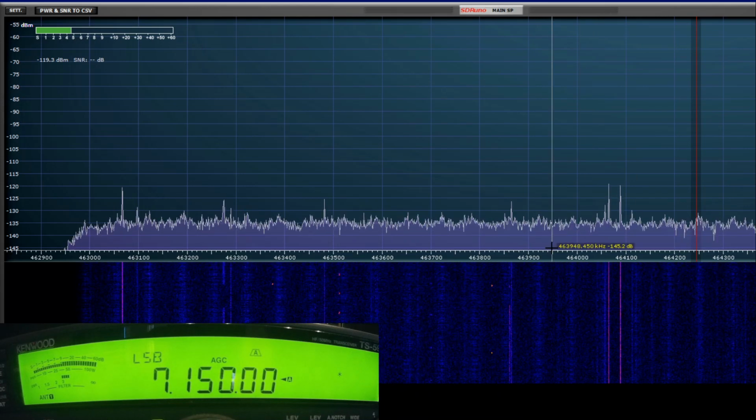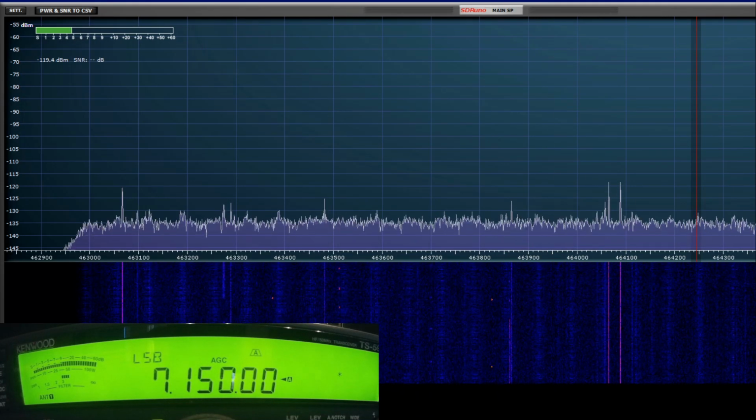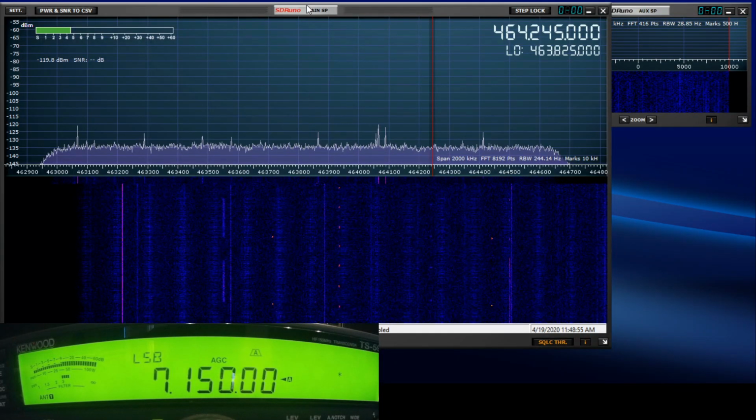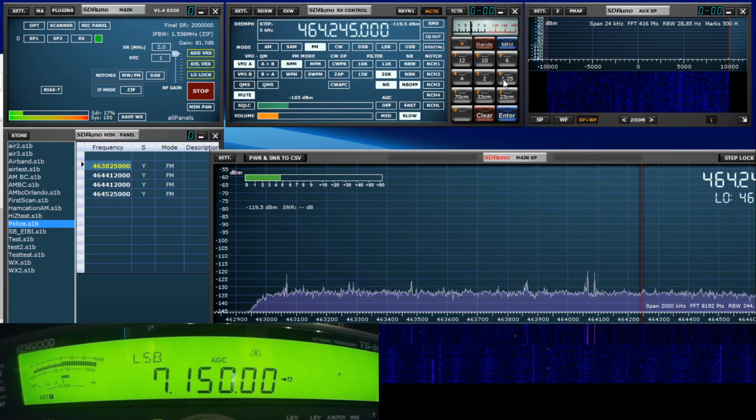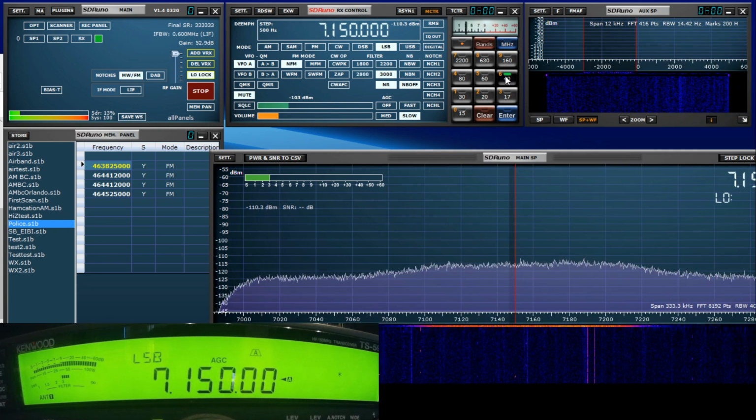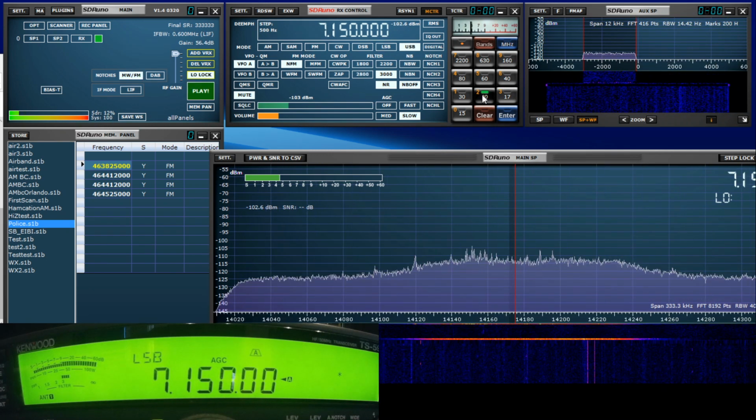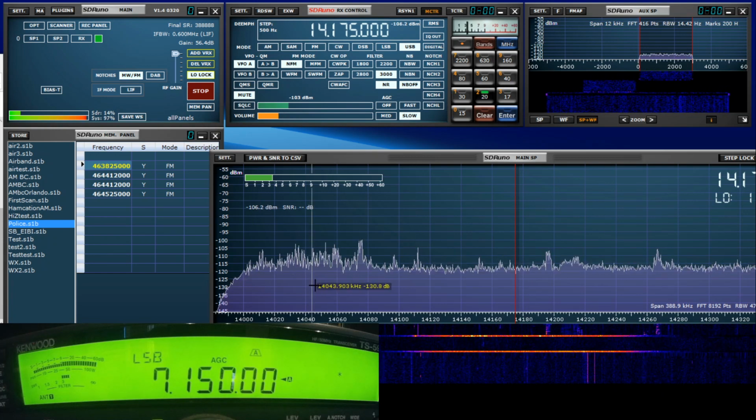I probably would have done better to have made this window a bit smaller until I'd gone back to an HF band. So let's try that real quick. We will go bands, ham, lower. We'll go back to 40 meters. We'll go to 20 meters. I think we had a bit more activity going on there. So